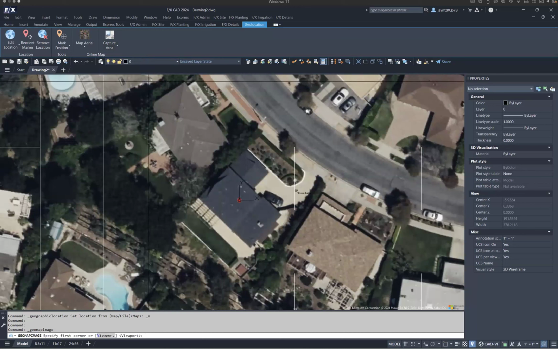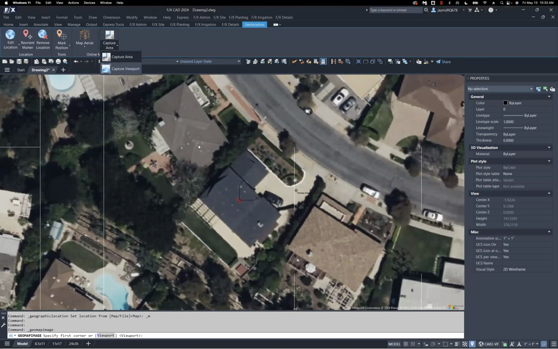If I look at my command line down there, it's going to ask me to specify the corners of the area that I want to capture. This is the same process as drawing a rectangle with the rectangle tool. You're going to click one point, drag, and click a second point. When looking at the site, we want to capture an area that encompasses the full site and maybe a little bit beyond so that we have some context.